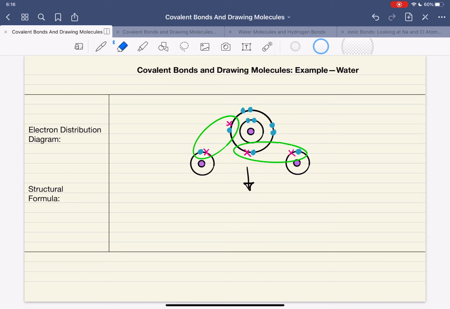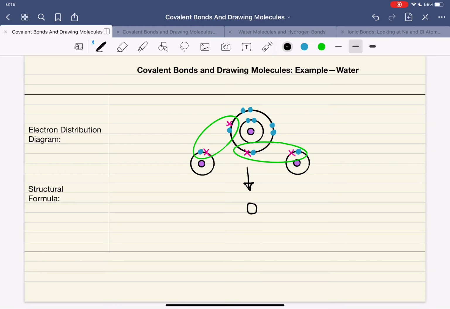The first, as you can see here, an electron distribution diagram. And we also learned a more simplified depiction of a molecule, that being the structural formula. So let's review by drawing the structural formula of water a second time. So remember, we just write the chemical symbols, so